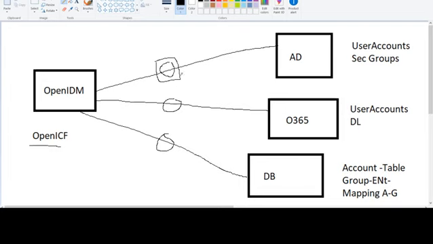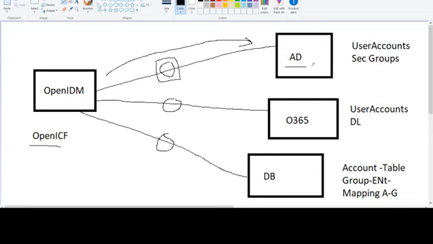Now, once the application is connected with OpenIDM, we can generate a mapping of a specific direction to send data from one component to another component. So we can make a mapping from OpenIDM to Active Directory to send the data to be written into Active Directory.